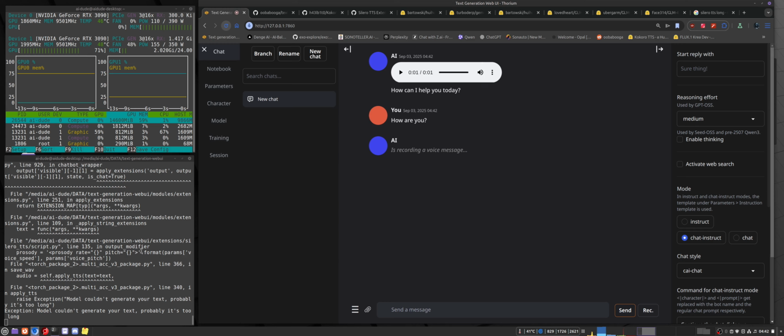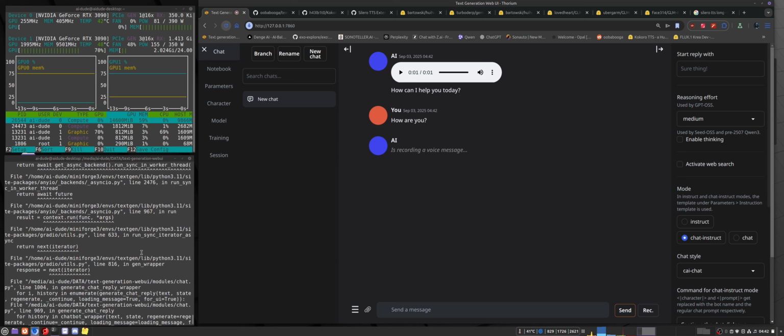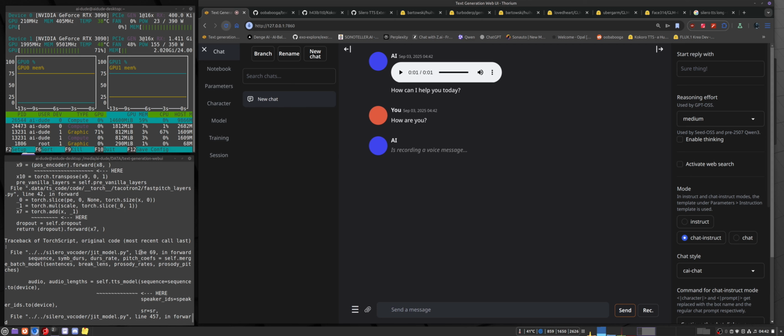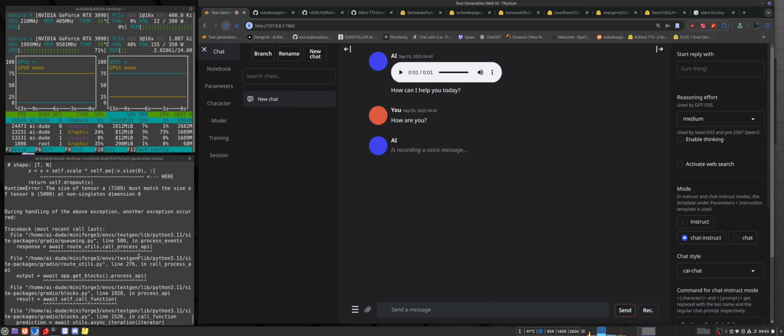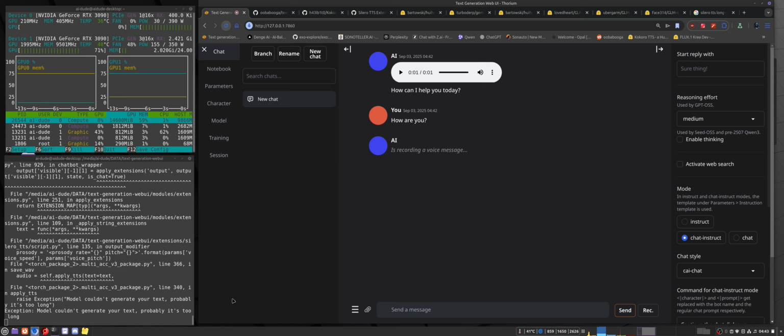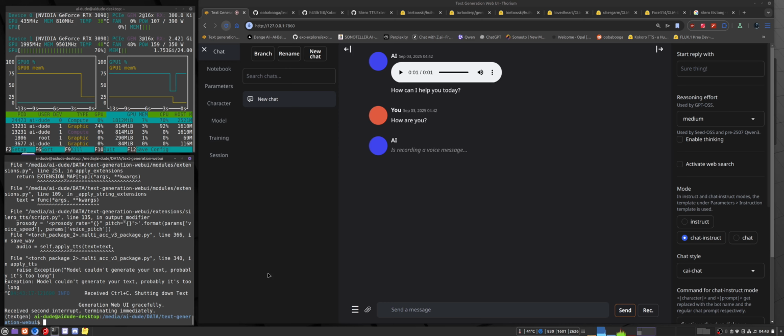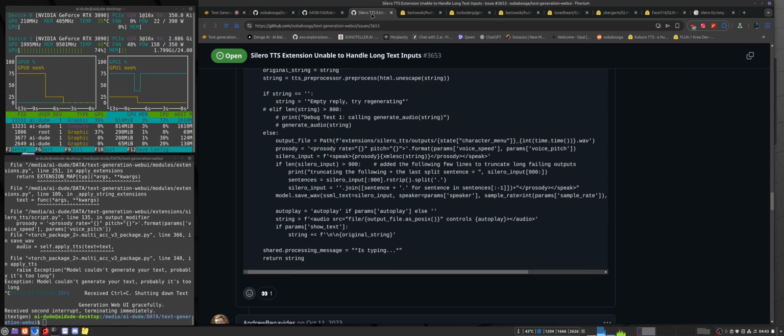I guess it crashes. Not completely sure, but this doesn't look good. Yeah, that's what I want to show you. So, to have something which is a bit more modern, more stable, and can handle really long text, we want to do something else. And yeah, I just stopped this. But this is the easiest way for new people to get into AI: talk to your AI and listen to your AI. The better way is in the